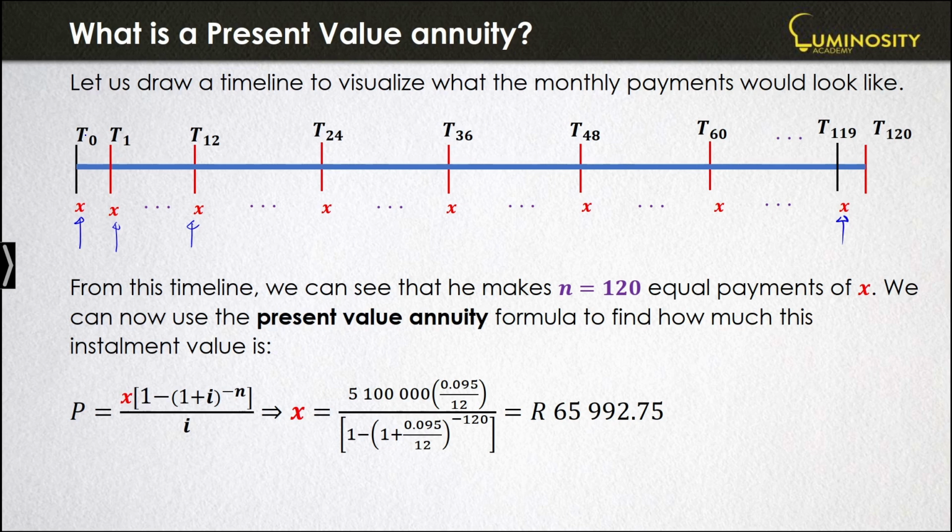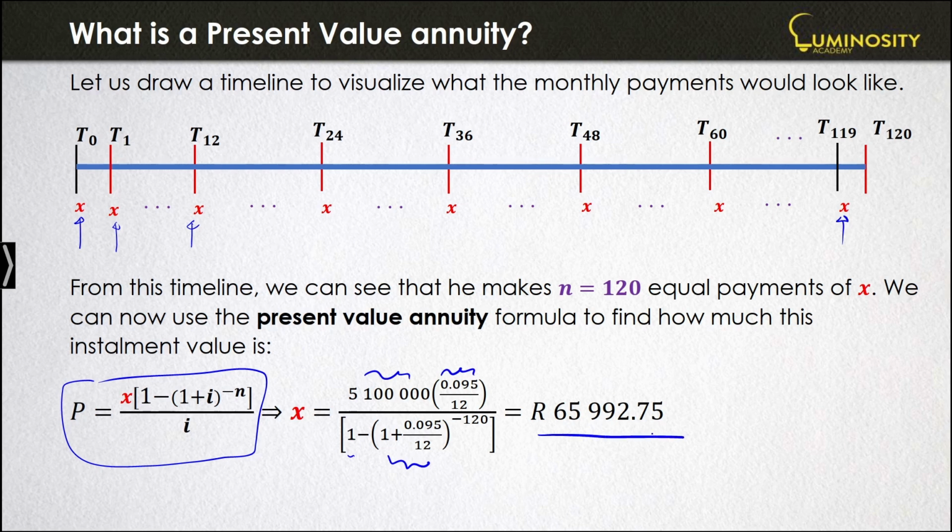Or you could pay at the end of the month, T1, and then end at T120. From this timeline, again, 120 is your N. So if I use the formula now, and I rearrange for x, it becomes the present value times the interest rate all over 1 minus the 1 plus interest to the negative n. So using that, he has to pay